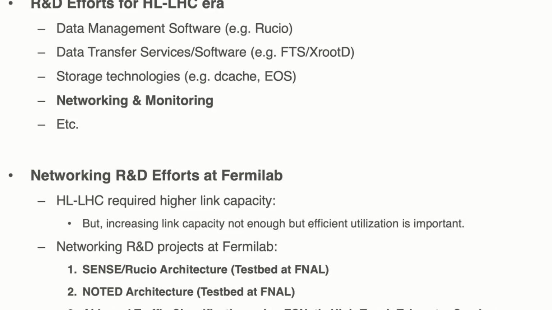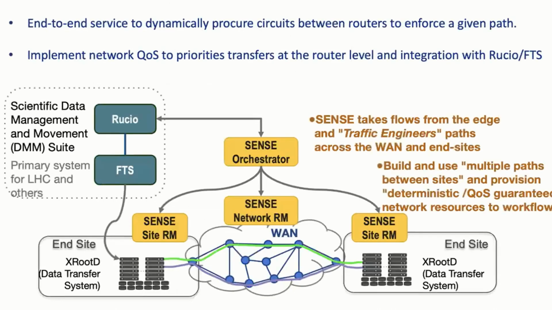So considering that point, we are working on 3 different projects through which we can utilize our networking links very efficiently in future. These are the 3 test beds, I can say, on which we are working, and we have the test bed at Fermilab. I'll discuss them one by one. One is the SENSE-Rucio architecture, another is the NOTED architecture, and the third project is the AI-based traffic classification. So let me discuss first the